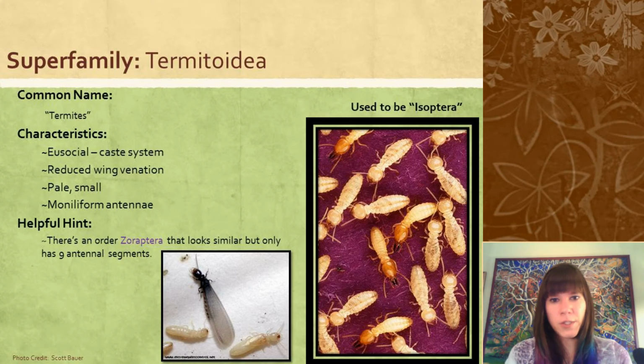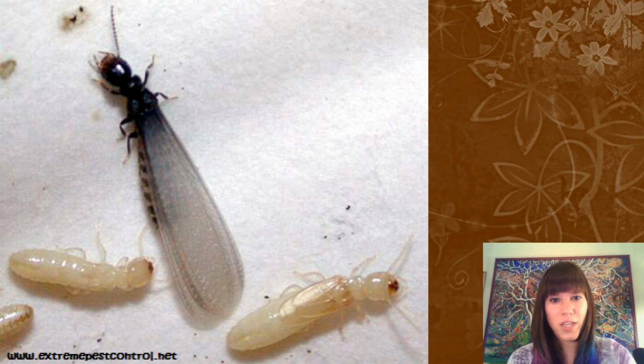Termites are the only grouping that is not an order that gets their own slide in this presentation, and that's because up until last year, UJ was still teaching them as an order Isoptera, which no longer exists. We have now conformed and accepted all the data that shows that termites are just eusocial cockroaches. Isoptera in Greek meant same wing, and that's because if you had winged ones, their forewings and their hind wings